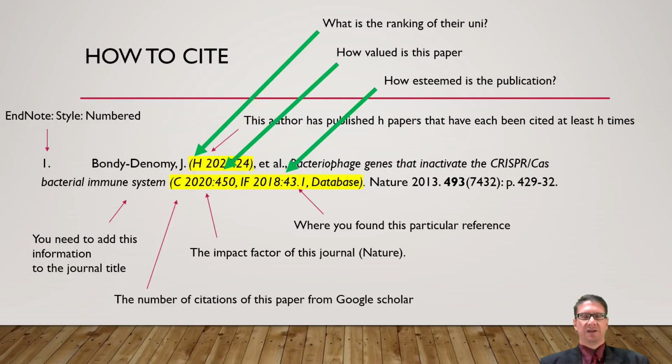Well, as I've said, in this course we'll be really getting into the references, looking at the H index. You can then jump through to the author and look at their uni. What is the ranking of the uni? How many citations does the paper have? How valued is this paper? And the impact factor, how esteemed is the publication? There are loads of other metrics that you can use, but these are some basic metrics to give you a